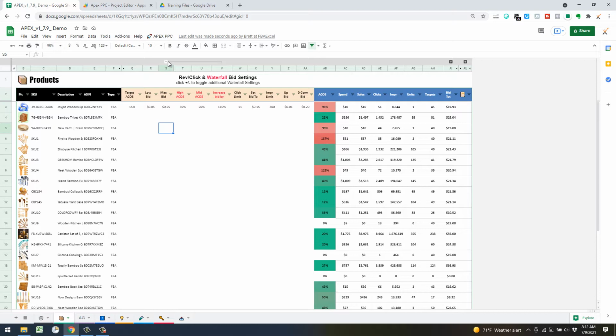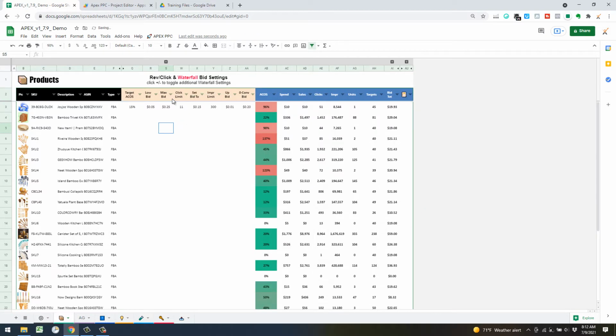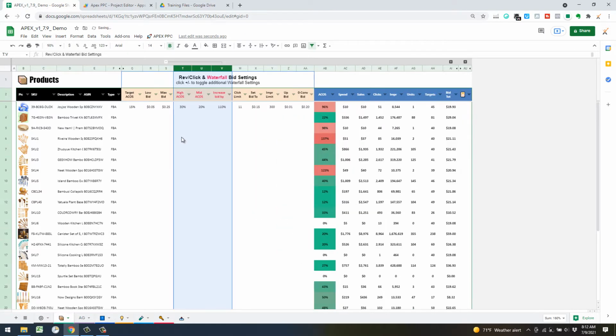If you're using the revenue per click times target ACoS, you actually don't need those middle three, so you can kind of simplify it. However, if you are using the waterfall, which is out of the three the most conservative, so if you're looking to really reduce your ACoS and kind of keep your bids more at a minimum, I would suggest going with this. It's the one I'm currently testing out in my account right now, but I would challenge you to test all of them. Maybe run one for a month and then run the next one for the next month, so on and so forth. There are some definite advantages of each one, which we'll cover in more detail in a future